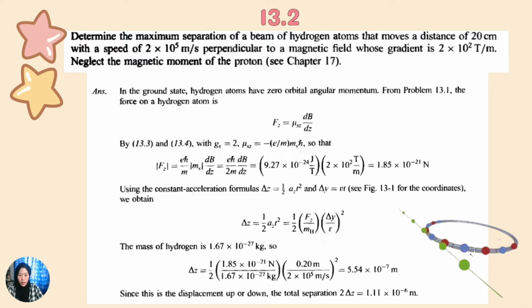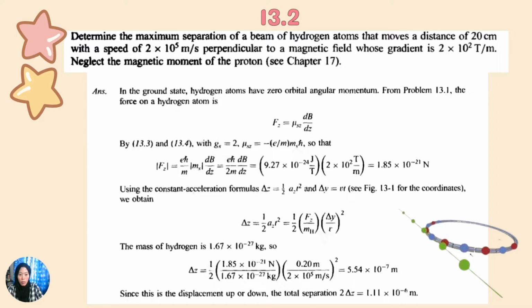This one we have to refer to chapter 17. So, in the ground state, hydrogen atoms have zero orbital angular momentum. From problem 13.1, the force on the hydrogen atom is Fz equals mu_sz dB over dz. Therefore, by 13.3 and 13.4 with gs equals 2, mu_z equals negative e over m times m_s h bar. So that we get the magnitude of Fz equals e h bar over m